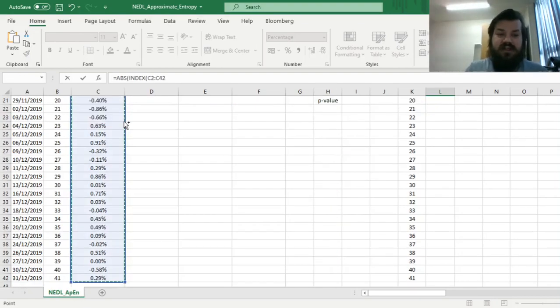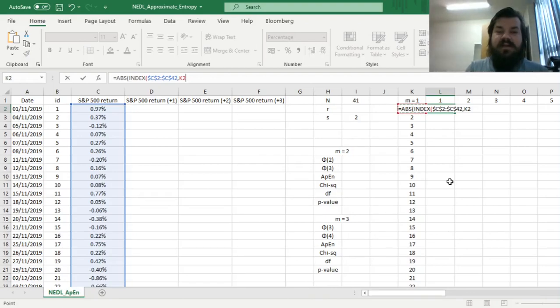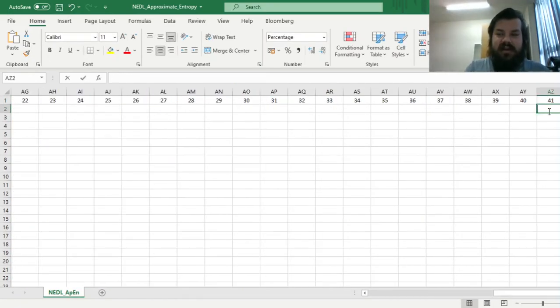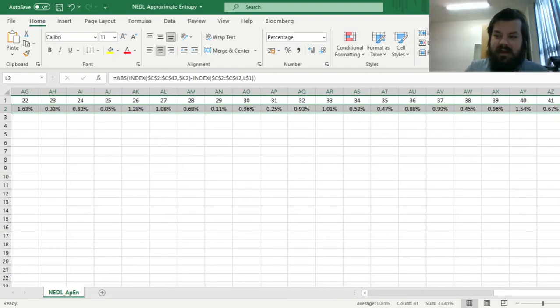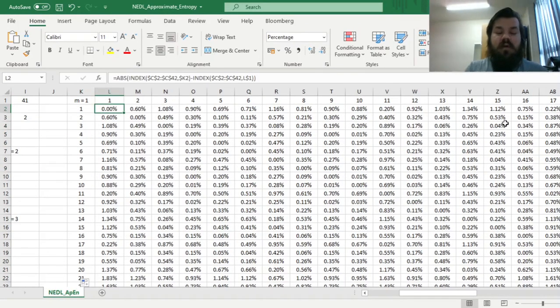So we refer to just the whole array of our S&P 500 returns and lock it row and column wise. And for our indices, we have got numbers from 1 to 41 conveniently tabulated here in the column and in the row. So we first refer to the element in column K, and then we subtract the same index function, but instead of referring to column locked K2, we refer to row locked L1. And we can enforce this formula, and using Ctrl R and double left click, calculate distances between all potential pairs